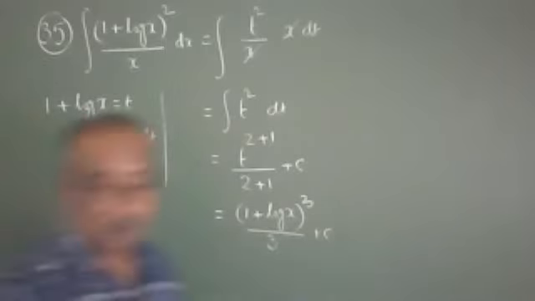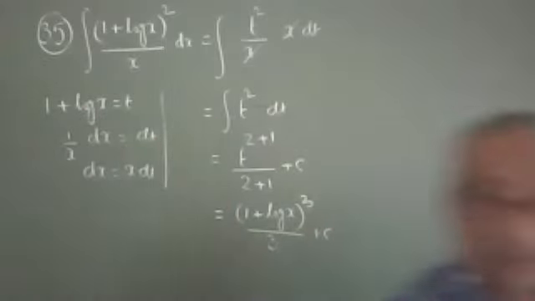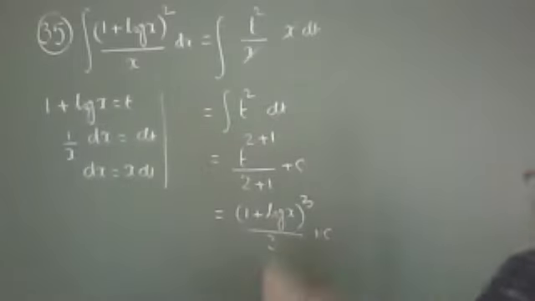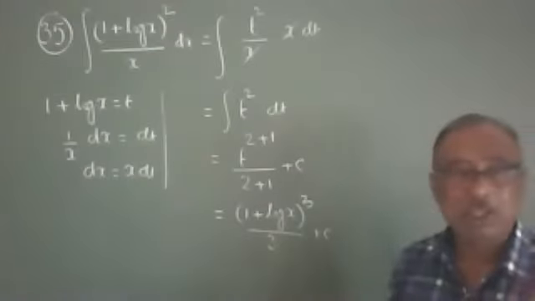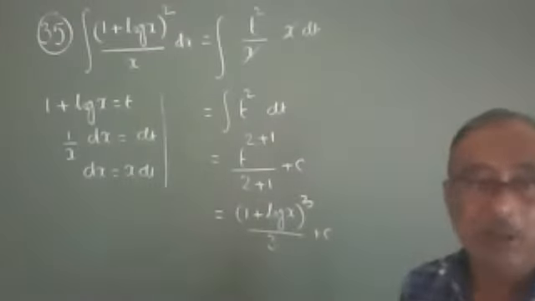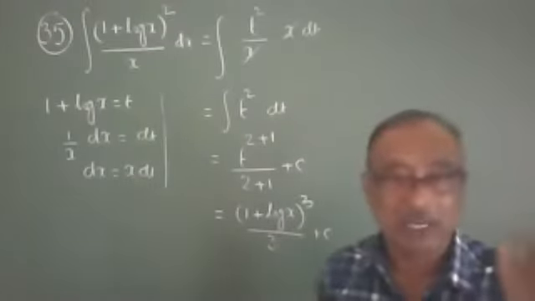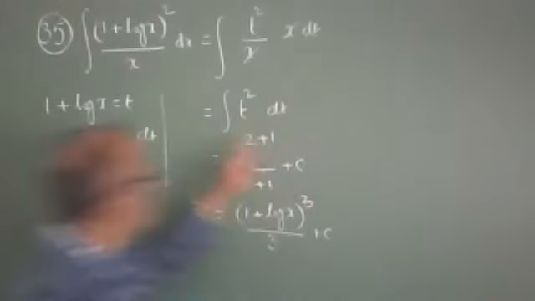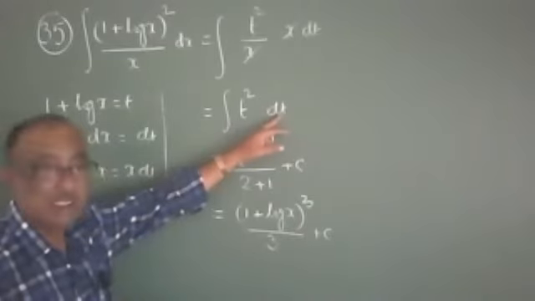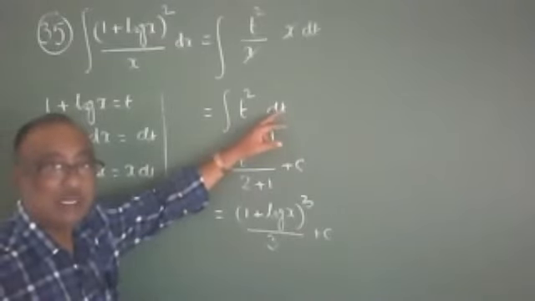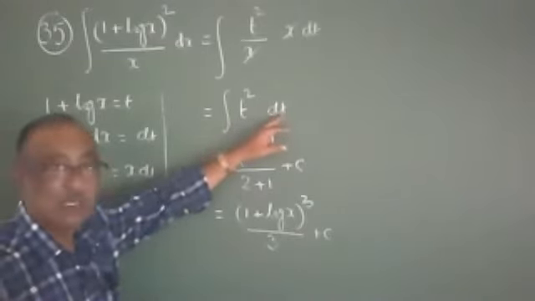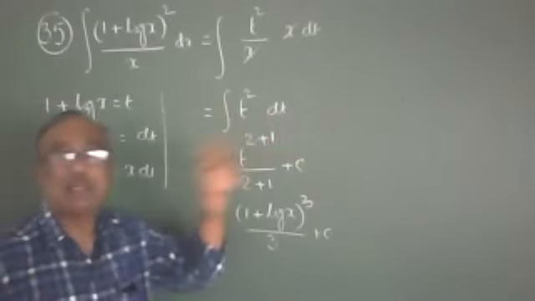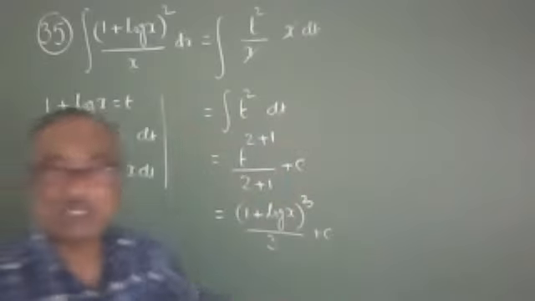So this we have to complete at this time, but last week it was cut. That's why I will once again explain the 35 problem. In the substitution method, whichever function has its derivative present, let that function be t. Lastly, we have integration with respect to the single variable t, therefore we can apply the x power of n integration formula.